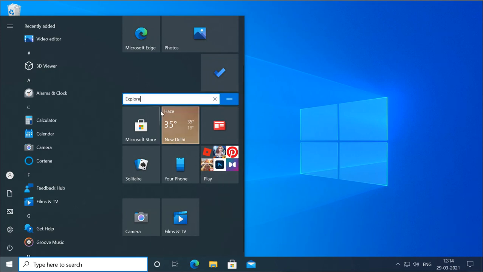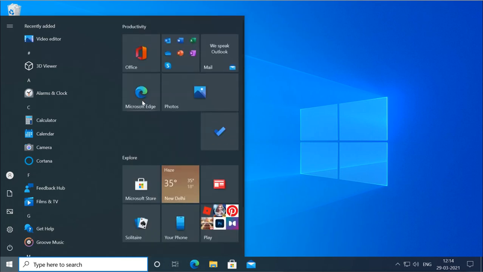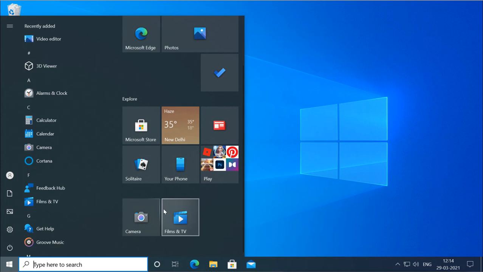These are groups. These are different groups. If you can see here, these are the names of different groups. This is the productivity group, this is the explorer group, and this is the new group we created. So we can change the name of the group also.